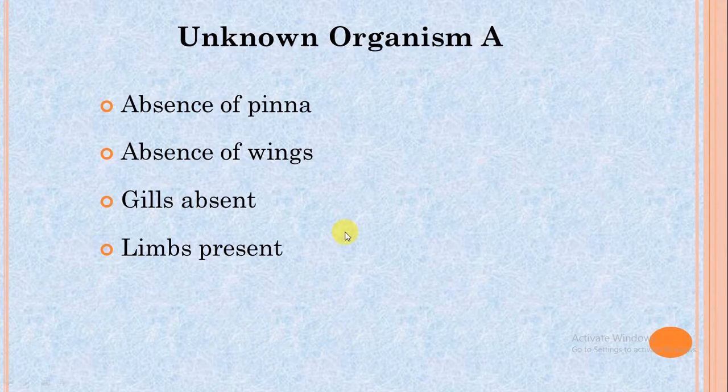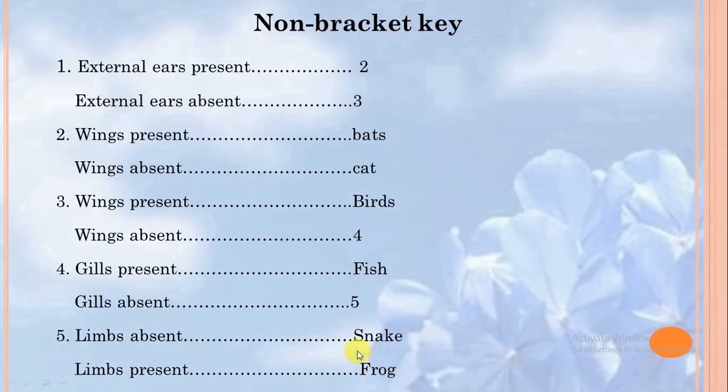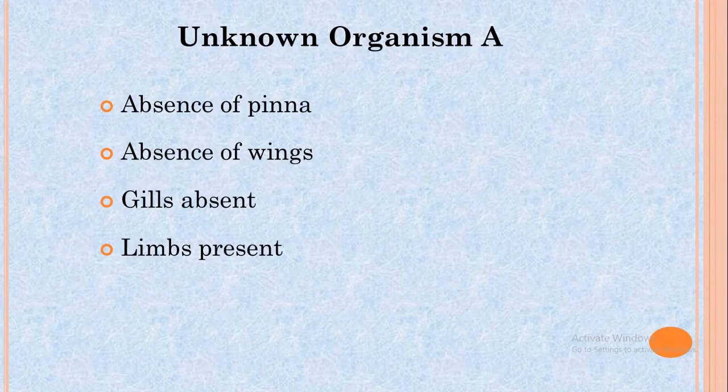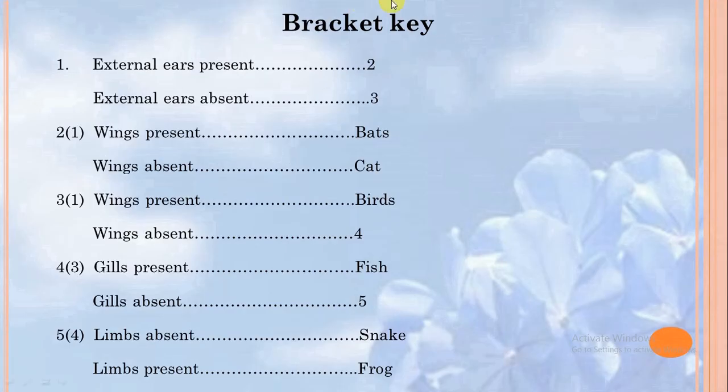And it is having limbs present. So we will group this organism along with frogs. So this is the way of key preparation and identification of some unknown organisms on the basis of a given key. Now next key type is bracket key, and it is also prepared the same way as we have previously